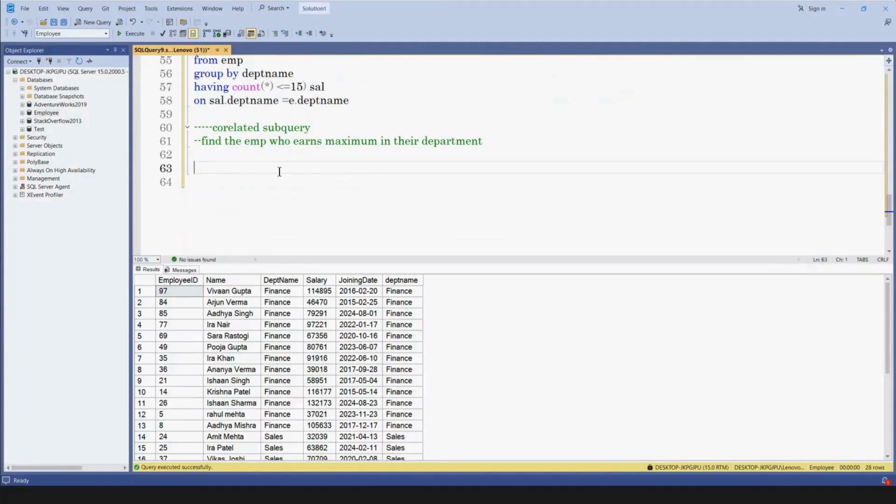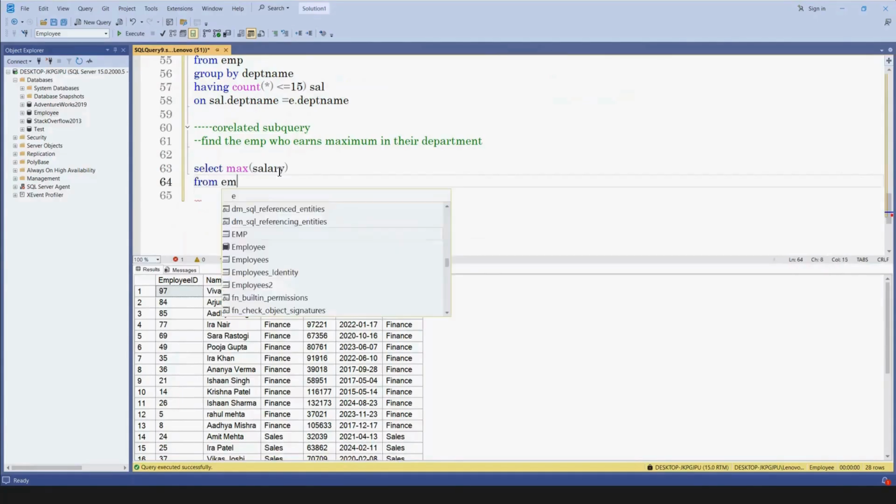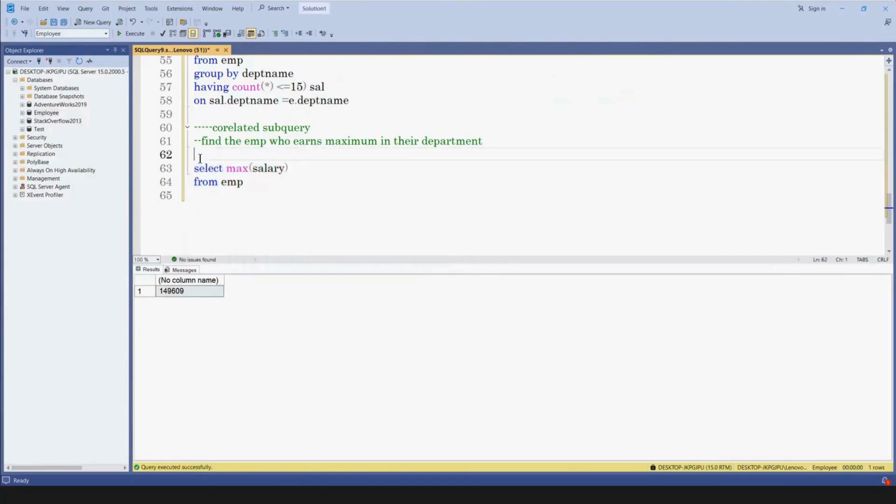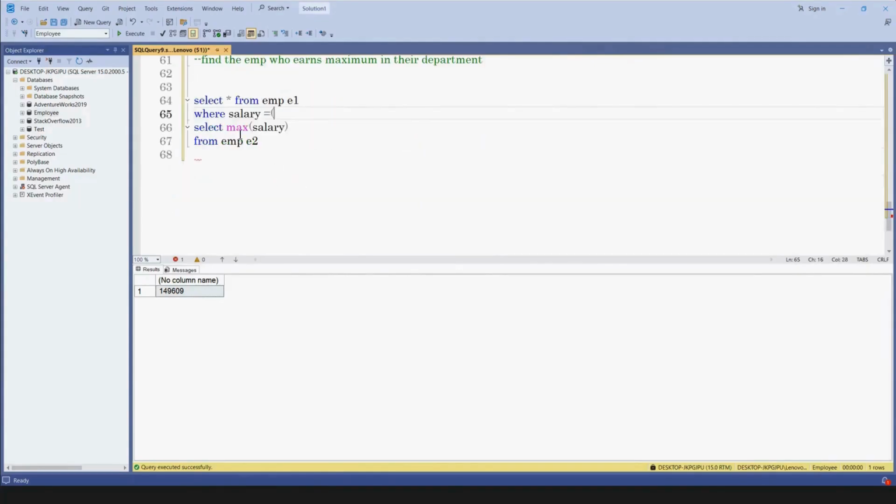So for that, we will use our EMP table. We'll say select max salary from EMP, right? But we don't need this detail because we don't need the maximum salary of the employee. However, we need this in each department, right? So we can use another query. Select star from EMP. Let me give this as E1 because we already have E2. We can say where salary is equal to, and we can keep this as a subquery